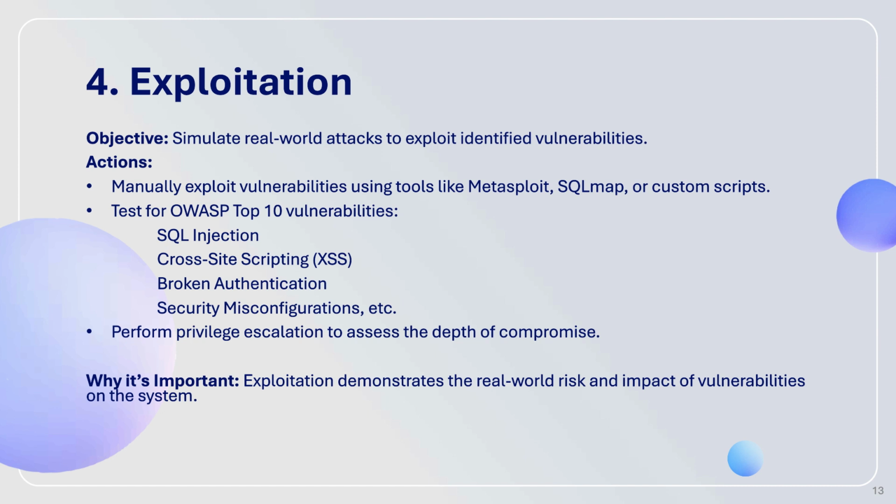So why is this step important? Exploitation demonstrates how attackers can turn theoretical risks into real-world damage. It provides clear evidence of the potential impact on systems, data, and network. So we can understand this with an example. For instance, let's say you identified an SQL injection vulnerability during scanning. In this phase, you would exploit it to see if you can access sensitive data like usernames, passwords, or financial records. This helps the organization understand the severity of the issues and